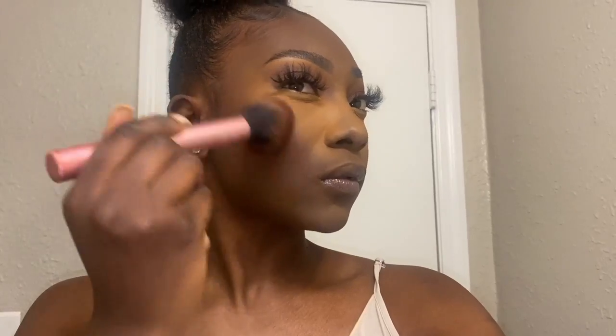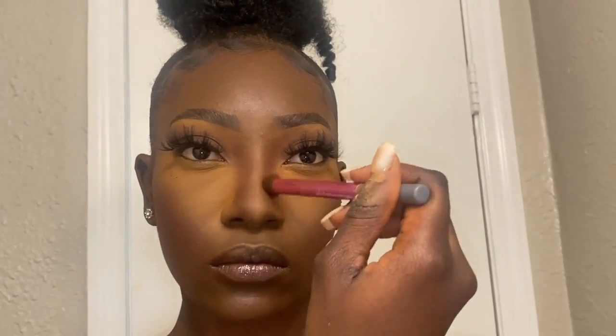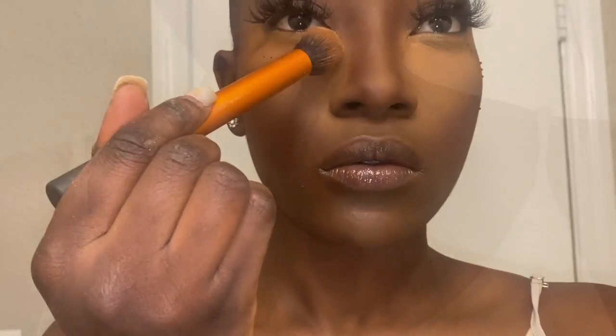For my contour, I didn't use a liquid contour today, so I just went on ahead with the same Warriors palette. The same shade that's on my eyelid is literally the same shade I'm using as contour. So like I said, easy peasy. You can use the same palette for the whole look. And for my nose contour, it's the same thing. I'm literally using the same